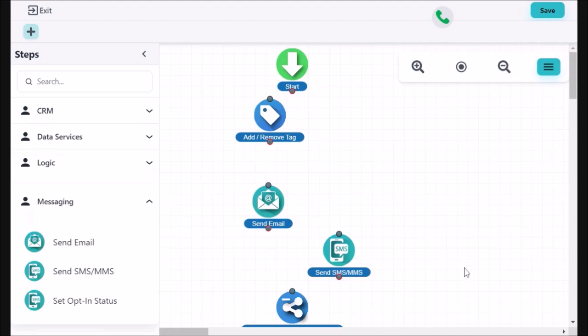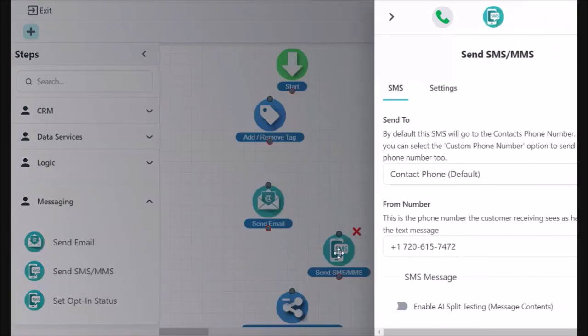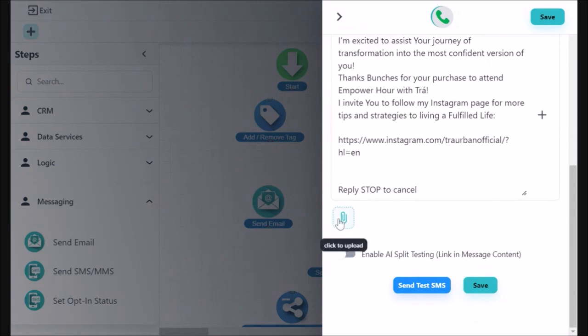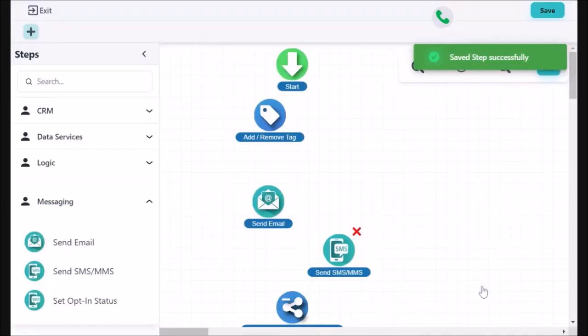I'm not sure if you noticed, but in this SMS, if you want to edit them, just double click it. On the bottom, you can actually attach something here. You can upload it, like if you wanted to send them a PDF or a document, something like that, that's where you could do that. So now that I've saved it,